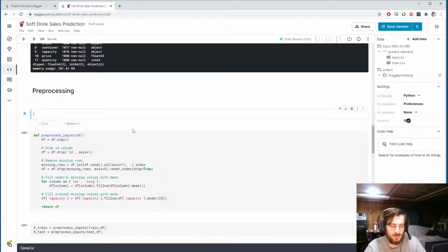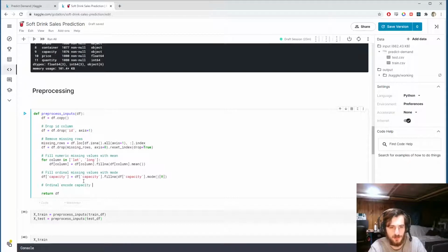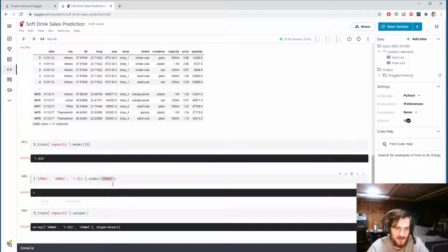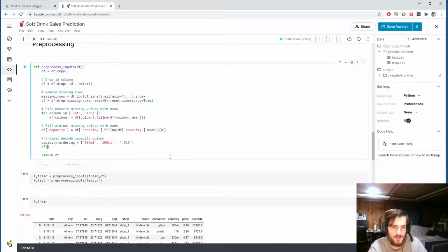So I'm going to create, let's do it like this. I'll say ordinal encode capacity column. And then I'm going to say capacity ordering. It looks like this. It's just this list that we created down here. So here's the ordering. And then what we do is we take the capacity column